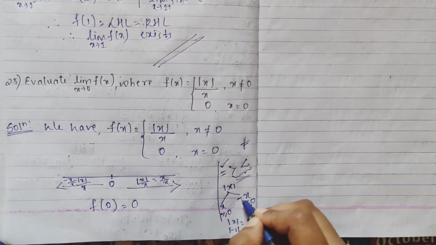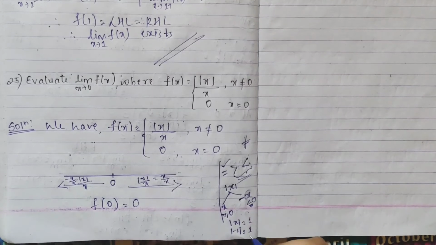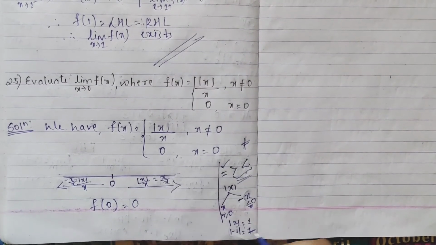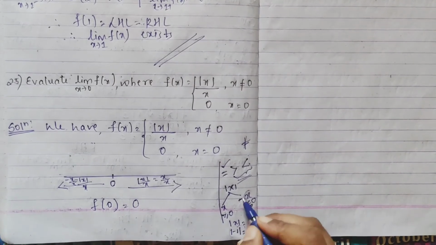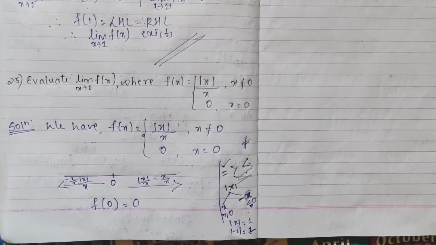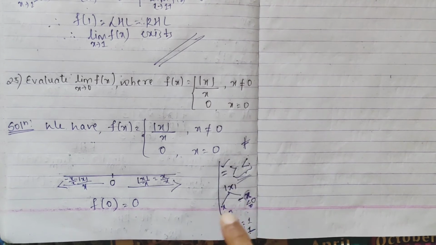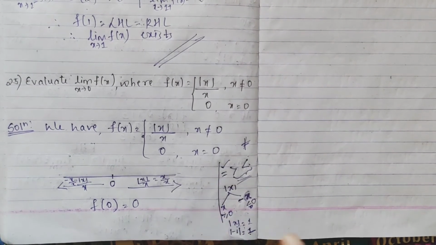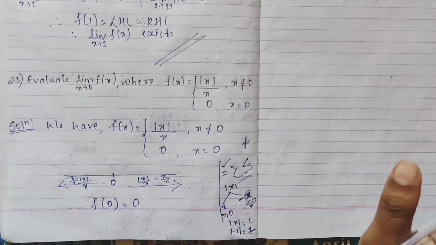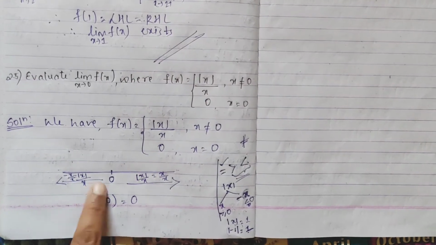How? Here already one negative sign will be there. So if you take minus 1 here, minus into minus becomes plus. So in the modulus sign, even if you take a negative number you get positive only. Because your modulus already has one negative sign. Your modulus x is divided into plus x and minus x: plus x when it is greater than or equal to 0, minus x when it is less than 0. Negative side, positive side. So see, on the right hand side your function is mod x by x, and on the left hand side also mod x by x.